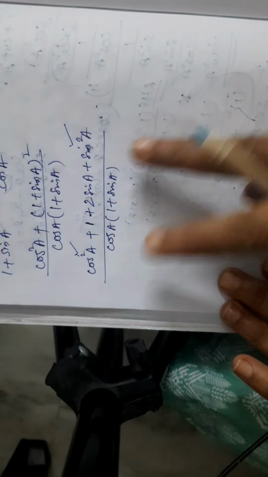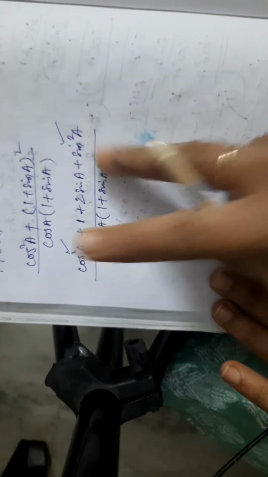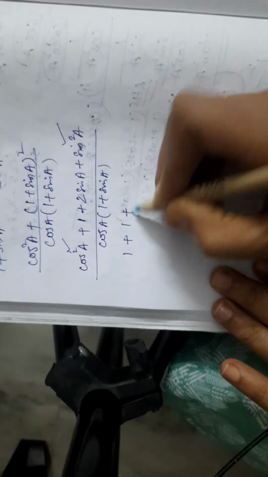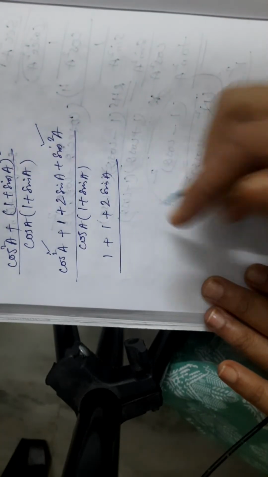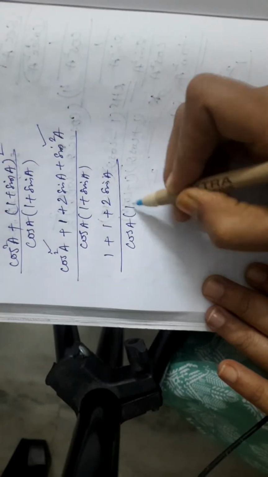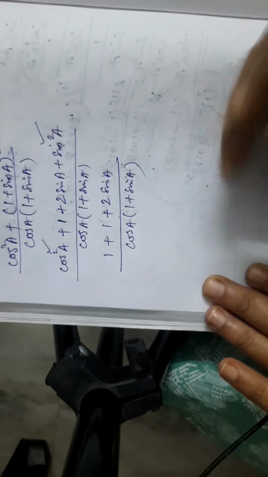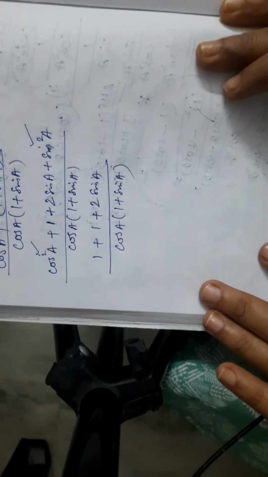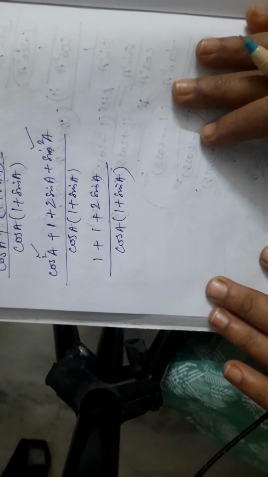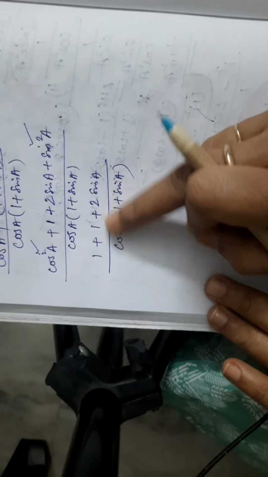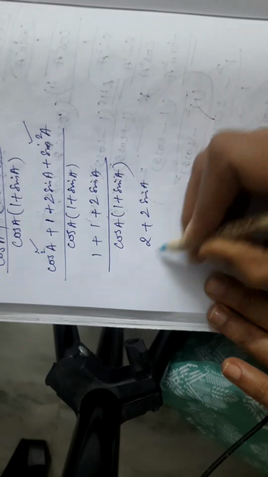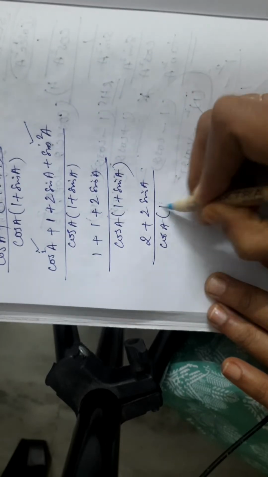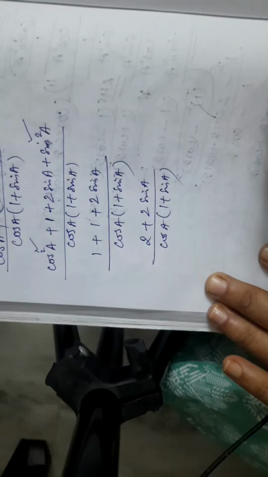अब हमको पता है कि कॉस स्क्वायर और साइन स्क्वायर 1 होता है, तो इन दोनों को रिप्लेस करके 1 कर लो। 1 प्लस 2 साइन ए होल डिवाइडेड बाई कॉस ए 1 प्लस साइन ए। सिंपल, जैसे हम एल्जेब्रा कर रहे हैं, दिमाग से निकाल दो कि यू आर डीलिंग विथ ट्रिग्नोमेट्री। सिंपल जैसे हमारे सम्स होते हैं बस वैसे ही करते जाना है। 1 प्लस 1 हो गया 2 साइन ए। नाउ कॉस ए 1 प्लस साइन ए।